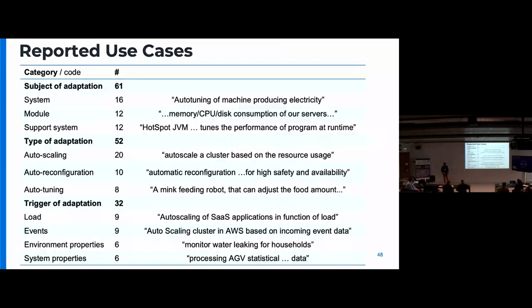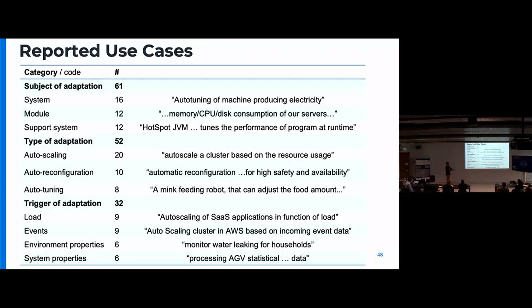So they said, for instance, give us a use case, we told them. And they said, well, what is the subject of adaptation? We, of course, did proper labeling and everything. Many people said, okay, the whole system is what we adapt, or a module of a system. And what type of adaptation do you do? Autoscaling is still predominant, right? It's something that is actually used in practice. But also auto-tuning, that was a funny one. Somebody said, yeah, we have this feeding robot, and we auto-tune, and we believe this is self-adaptive because we auto-tune the amount of food